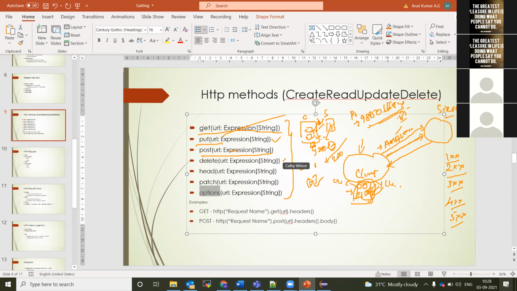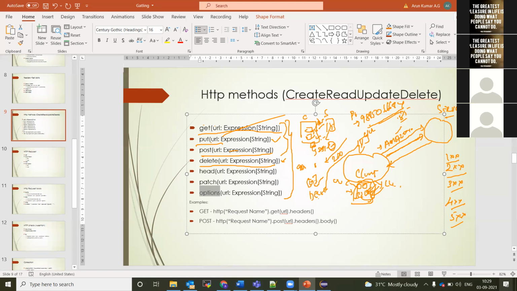And the DELETE request, as the name itself says, is where I need to delete a record. I want to delete the Chris user. So I'll click this delete, for example, a delete button. Delete your Facebook account: as soon as you delete this, it will go into your database and delete that particular account. So that's how this DELETE URL would work for us. This is how these four methods would work for us.